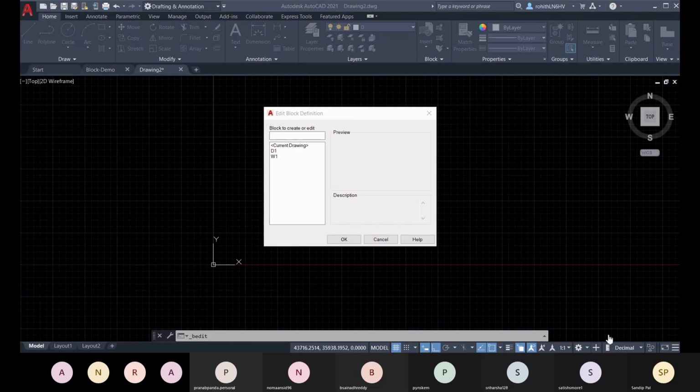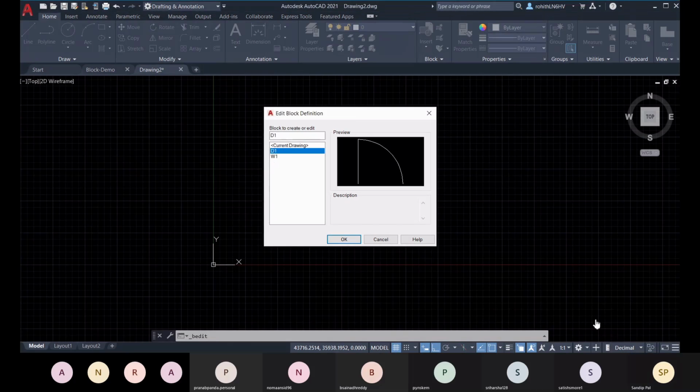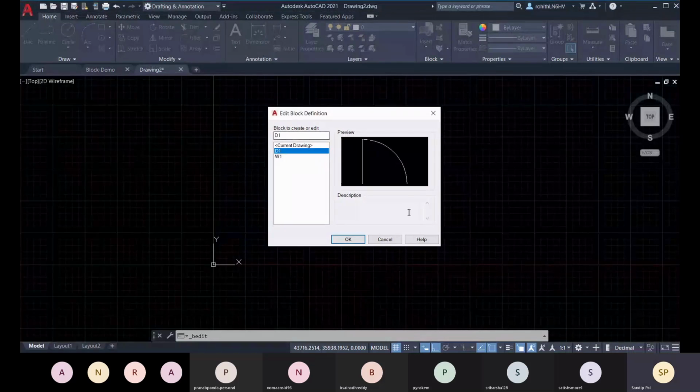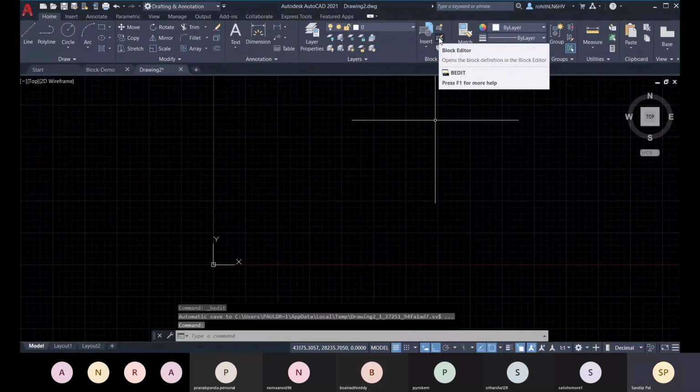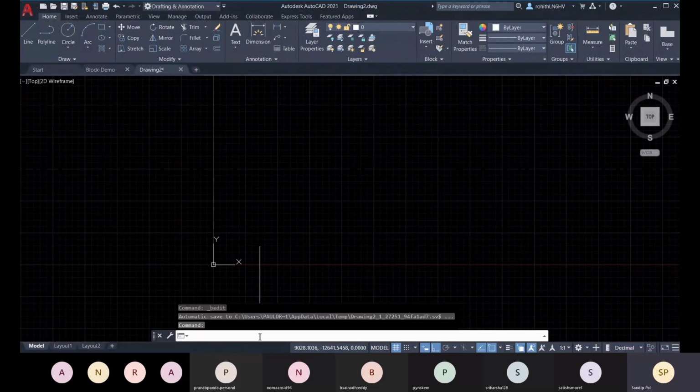So here let me open it in the block editor. This is the option for block editor. You can type BE for block editor also.